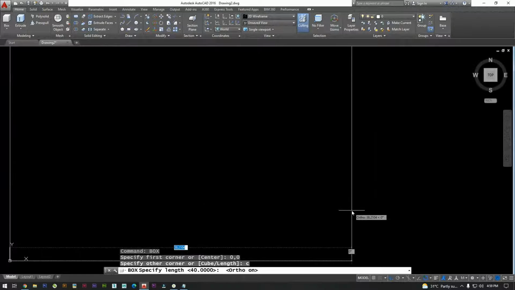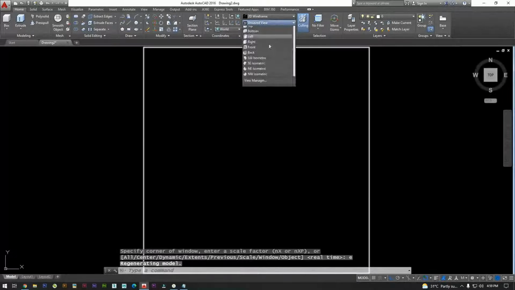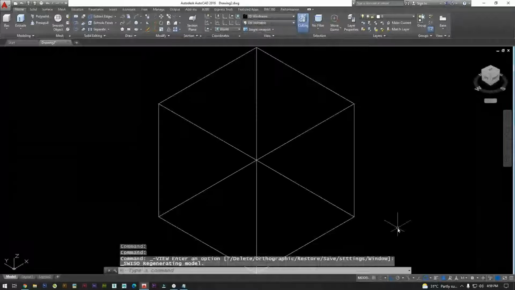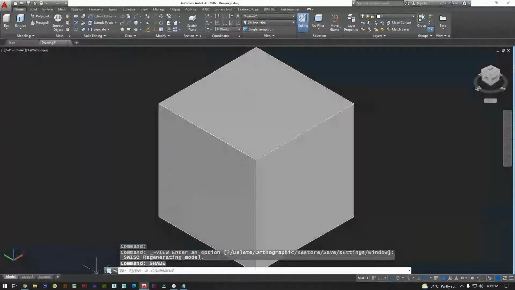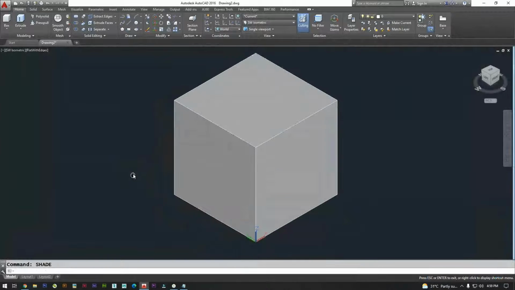I'll take a cube of 50. Now the UCS icon plays a major role in this. Here you can see exactly the X plane, Y plane, and Z plane.